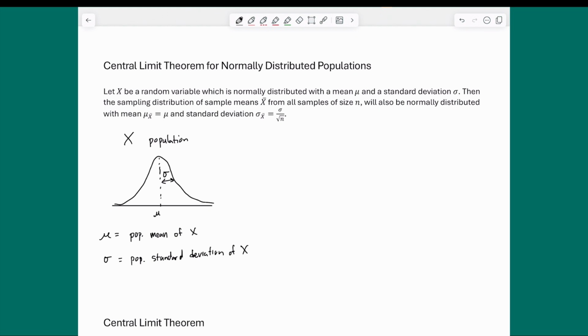Okay, so that's the assumption, and basically what we're doing is looking at a sample. The central limit theorem is that we're looking at the sampling distribution of sample means, and the result basically tells us the shape of the sampling distribution of means, the middle or center of the sampling distribution, and it also tells you how it varies, or how much spread there is in the sampling distribution of means. And so the results